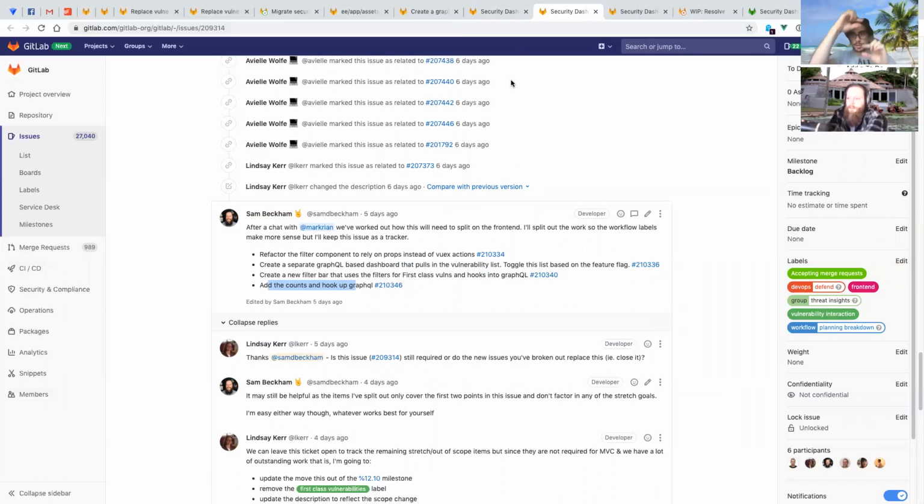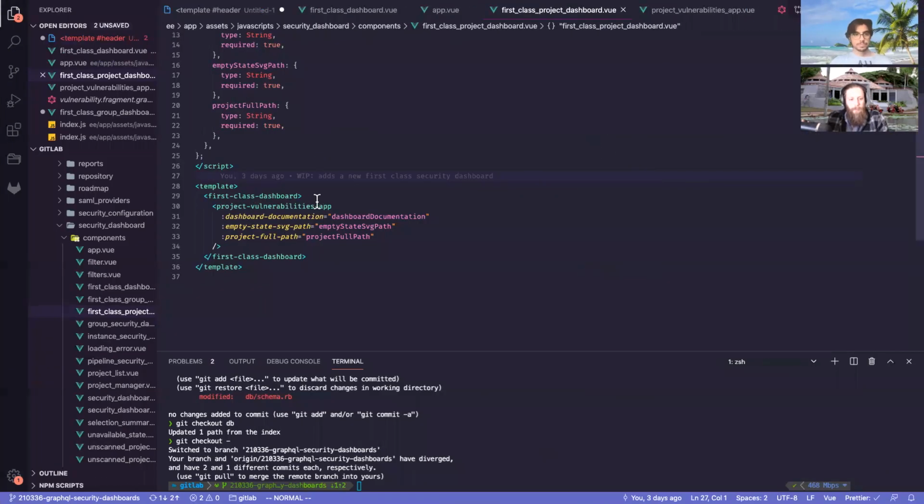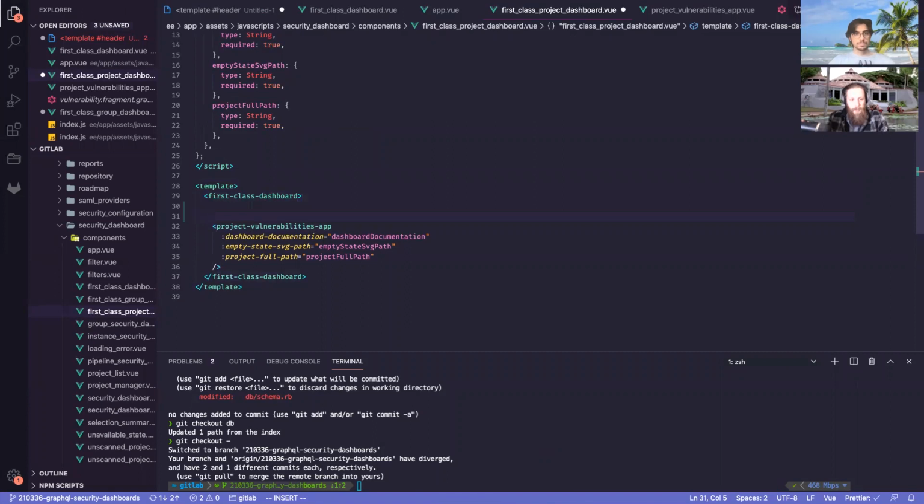The counters will be on top, but it's a one-line change. At least in the dashboard in the app file, it should be one line. Well, I mean, especially if we move into this template,